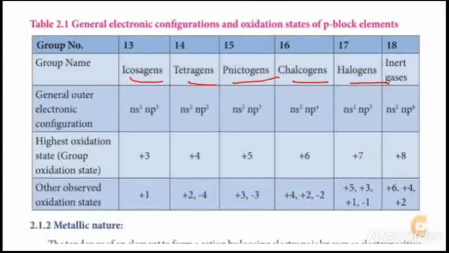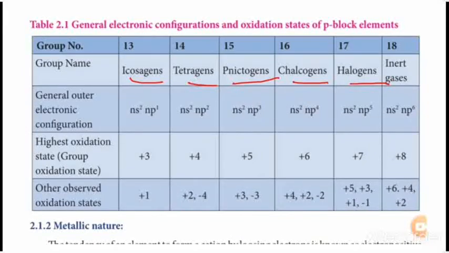Okay, so group number 13 having plus 1 as the common oxidation state, and halogens, you have already learned, that is fluorine, chlorine, bromine having negative oxidation state, that is minus 1. Why it is having minus 1? Because they already got 7 electrons in its valence shell. We have already learned octet rule, that is when the element having 8 electrons in their valence shell, it becomes stable. So halogens readily accept an electron and form negative ions. In some cases, positive oxidation states are also possible for halogens.